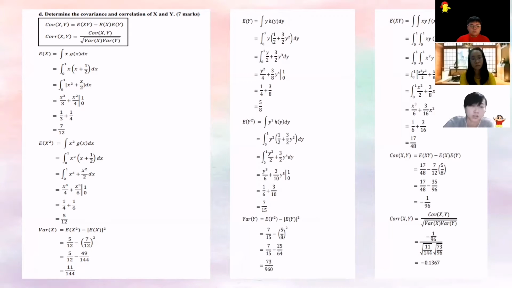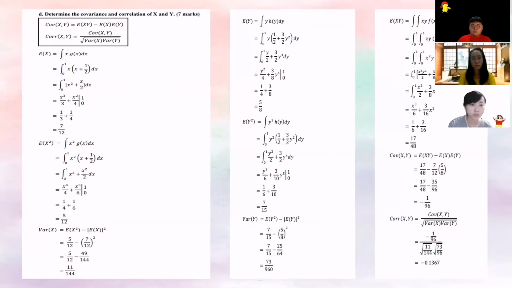Gx is the marginal function of x that we have already found in the previous part. So we have to integrate the terms with respect to x. From here, we got that the expected value of x is equal to 7/12. And also E(x squared), which is the expected value of x squared, we have to integrate x squared gx with respect to x. And we get the answer of